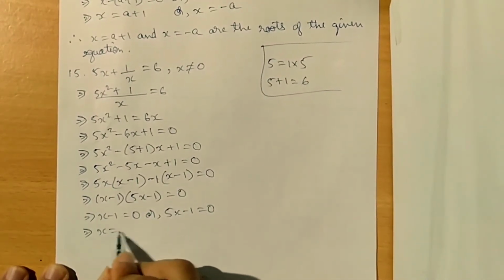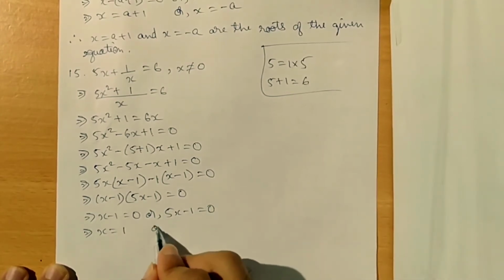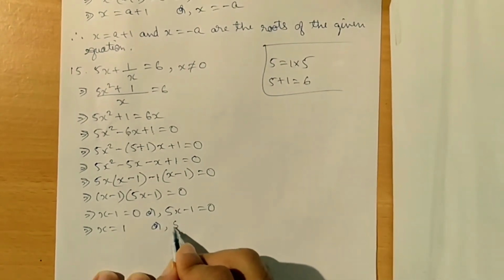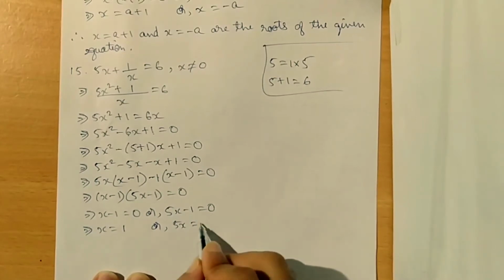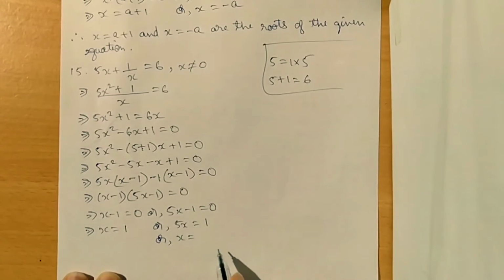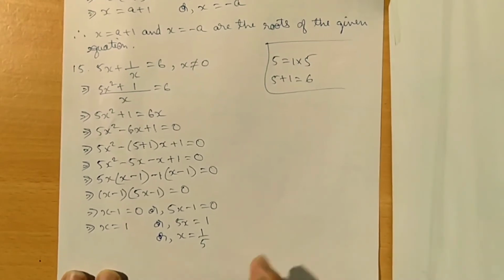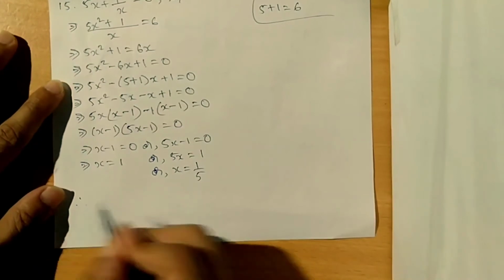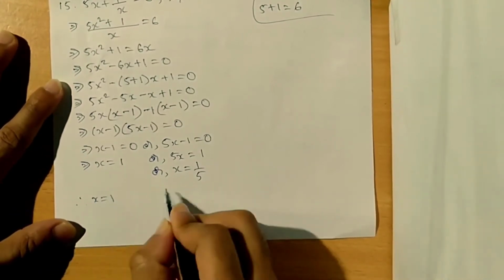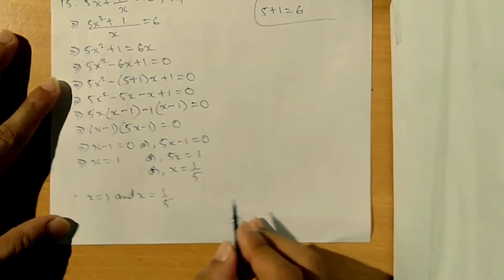This implies x is equal to 1, or 5x is equal to 1, or x is equal to 1 by 5. So therefore x is equal to 1 and x is equal to 1 by 5